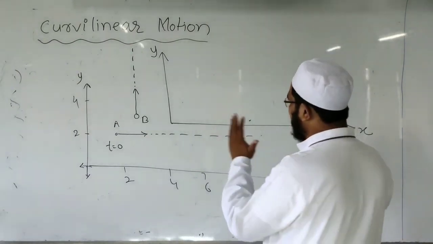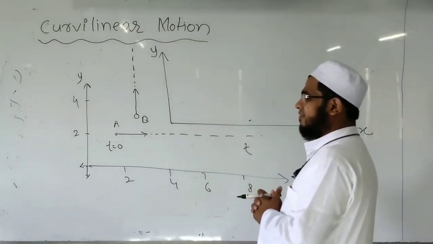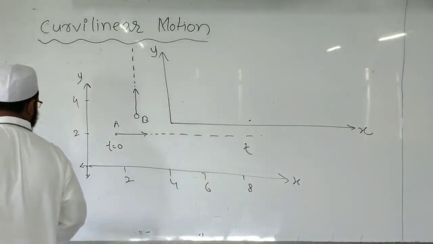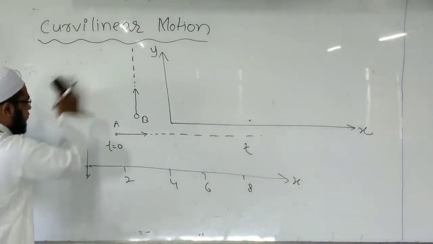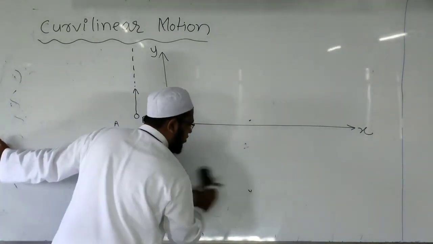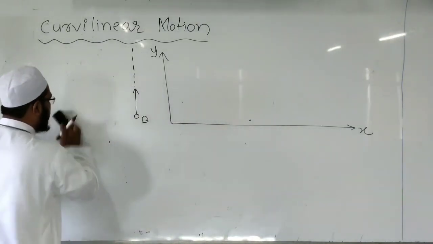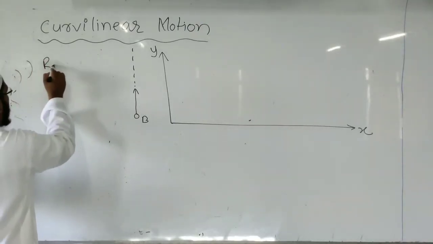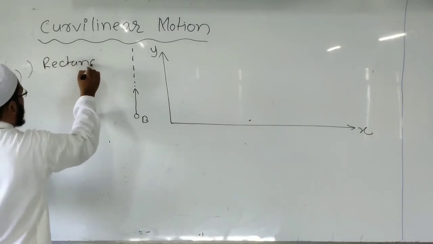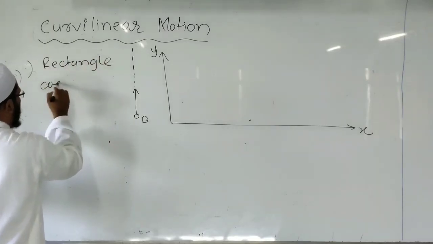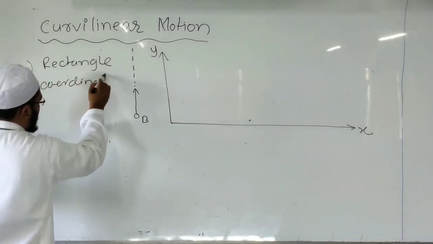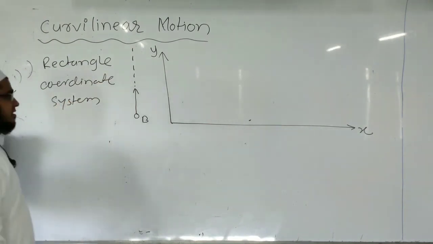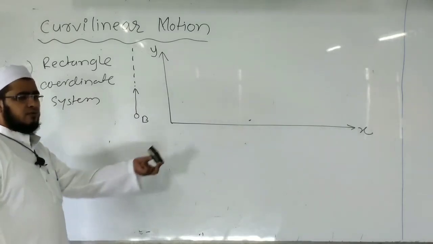So to describe the curvilinear motion, there are coordinate systems. We will see the first coordinate system, which is called the rectangular coordinate system. This system is very simple, as it's composed of our